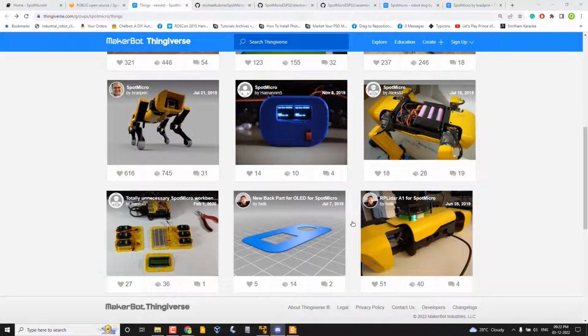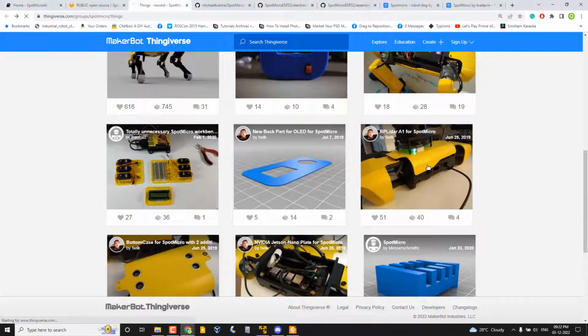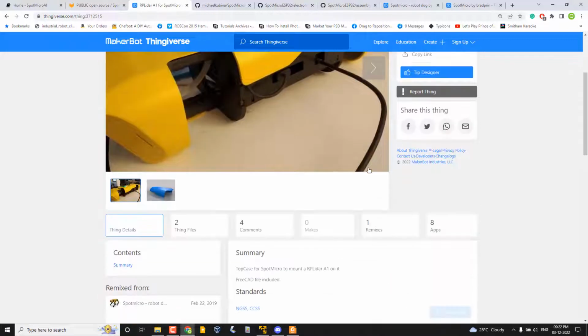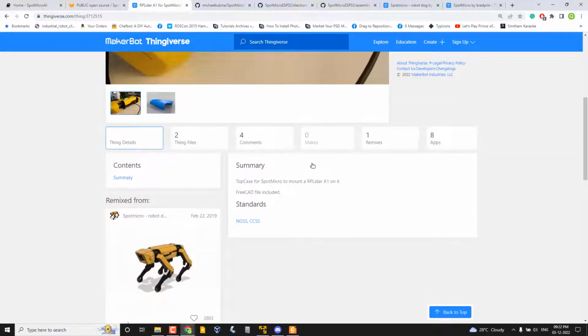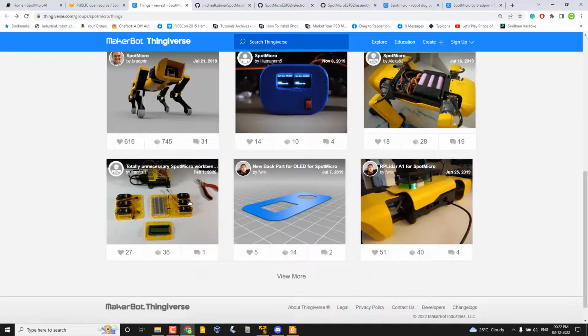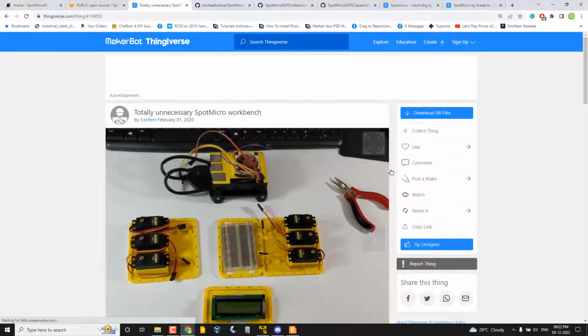You can find different designs. Someone mounted the LiDAR so that we can use it for mapping. Interesting. Yeah, so basically what I'm planning to say is that if you are planning to create